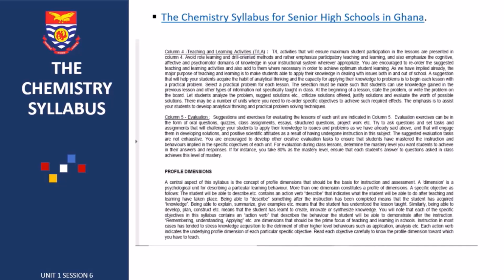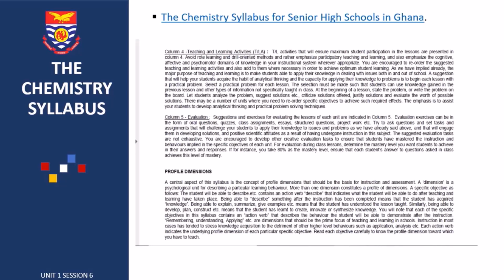Let's move to profile dimension. A dimension is a psychological unit for describing a particular learning behavior. More than one dimension constitutes a profile dimension. So for example, a specific objective such as the student will be able to describe contains an action verb. What is the action verb there? Describe, right? So that word describe indicates what the students will be able to do after teaching and learning